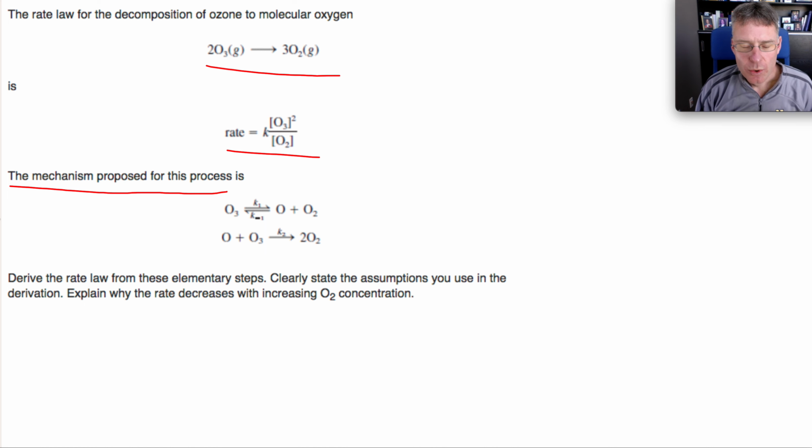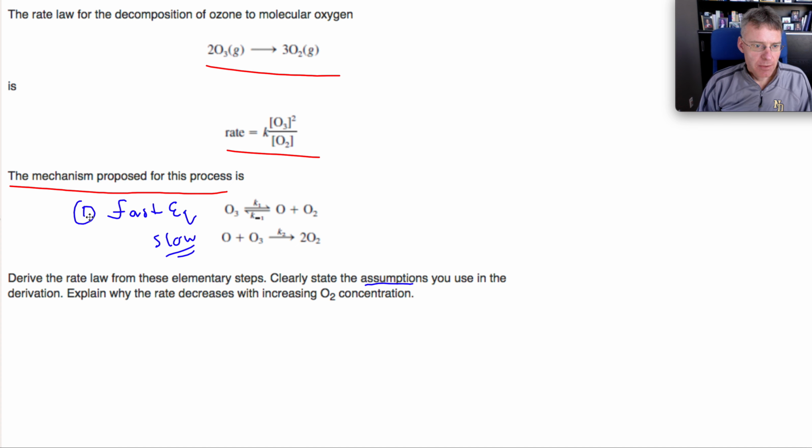Okay, so let's go through this and see how well you did. Hopefully you got through the math. What might have caused some issues is clearly defining the assumptions. So I'll tackle those first. So we've got 2 steps. One of them is an equilibrium. So I'm going to assume, it's not stated, that this is a fast equilibrium. So I'm going to assume that step 2 is our slow step that I can start writing the rate law